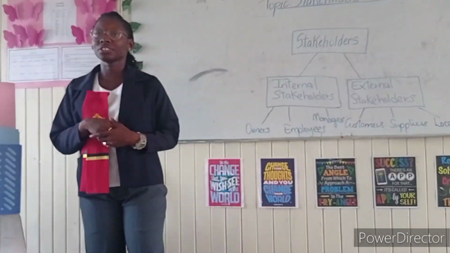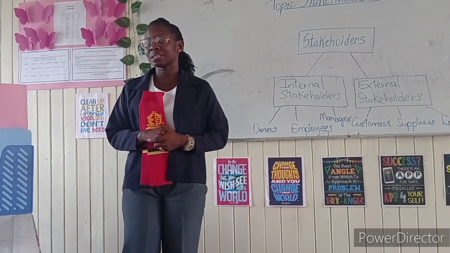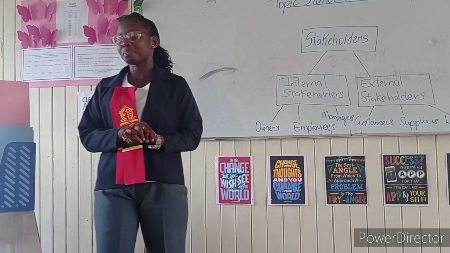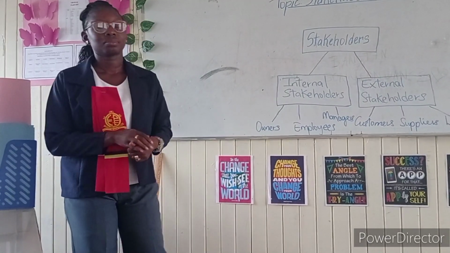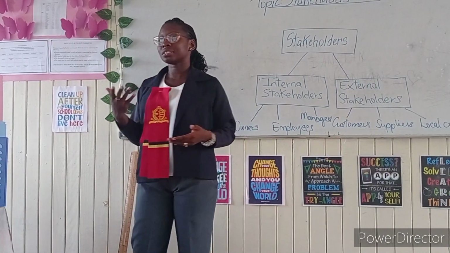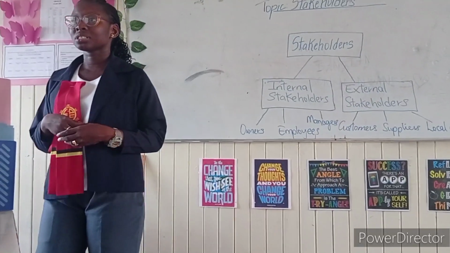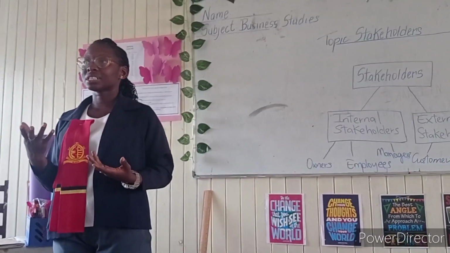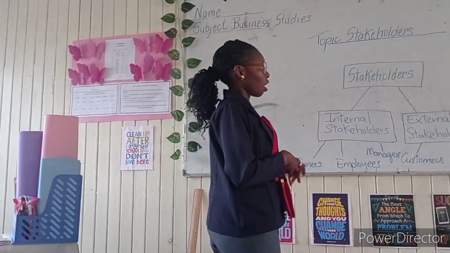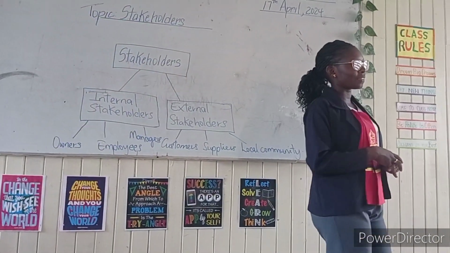Okay, Michael, your question: why would the owner have an interest in the business? Or why is the owner of the business considered a stakeholder of that business? Good job. The owner is considered a stakeholder because the owner is interested in the day-to-day operations of the business. The owner is interested in whether the business makes a profit or a loss. So, I think today we've all learned about our stakeholders and the types of stakeholders.